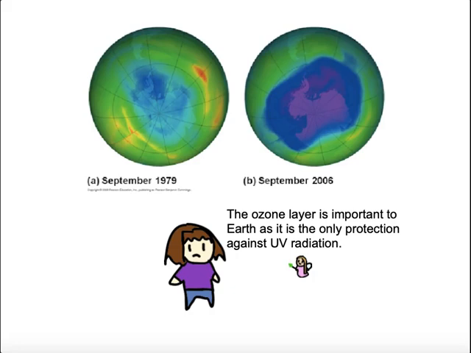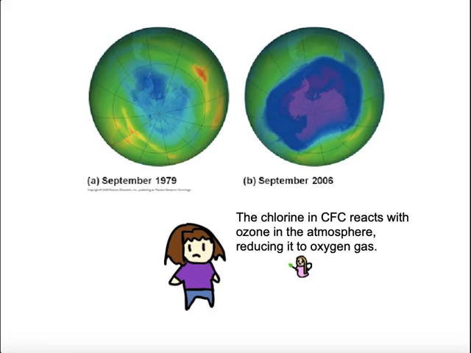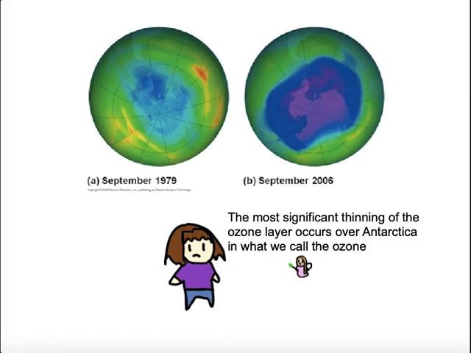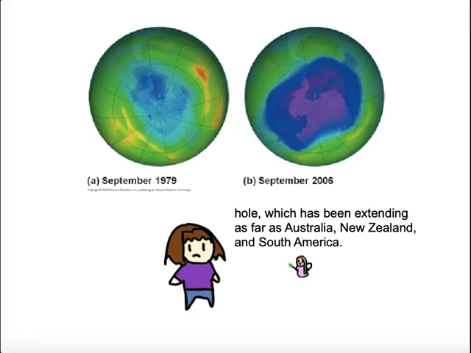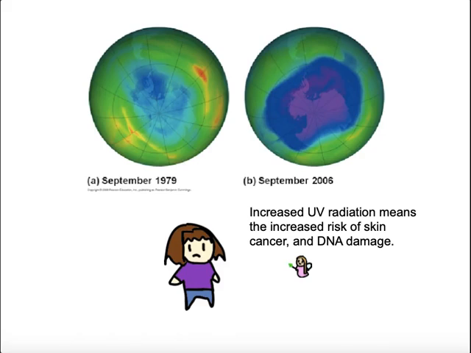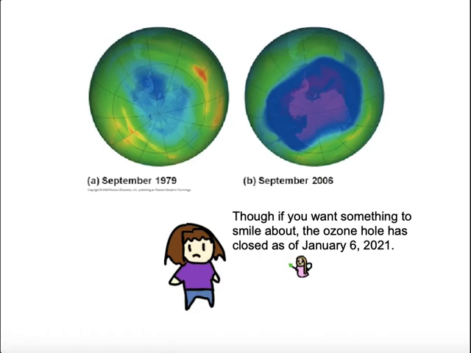The ozone layer is important to Earth as it is the only protection against UV radiation. The chlorine in CFC reacts with ozone in the atmosphere, reducing it to oxygen gas. The most significant thinning of the ozone layer occurs over Antarctica in what we call the ozone hole, which has been extending as far as Australia, New Zealand, and South America. Increased UV radiation means the increased risk of skin cancer and DNA damage. Though if you want something to smile about, the ozone hole has closed as of January 6, 2021, and we're